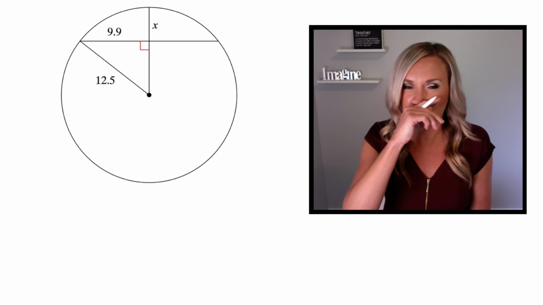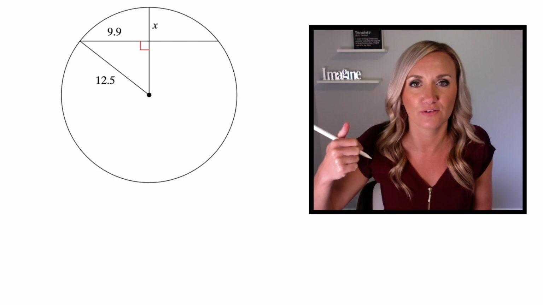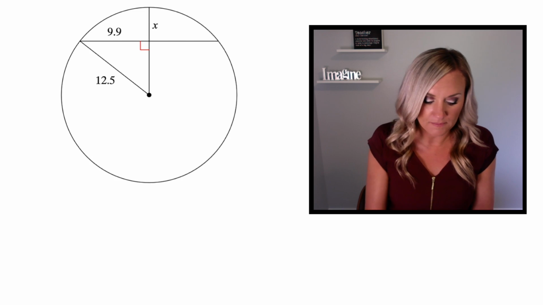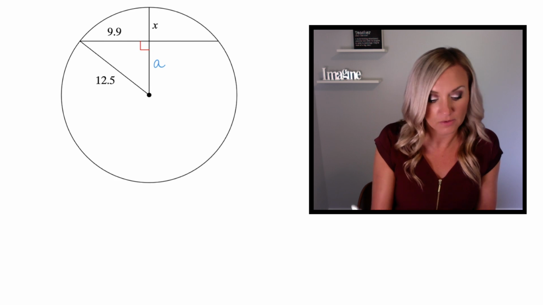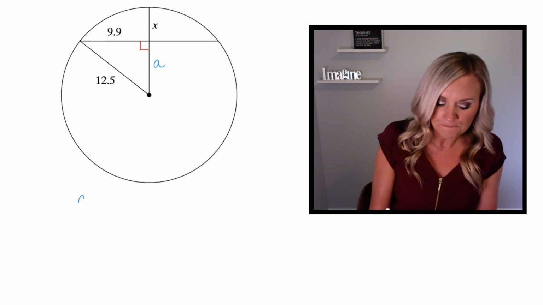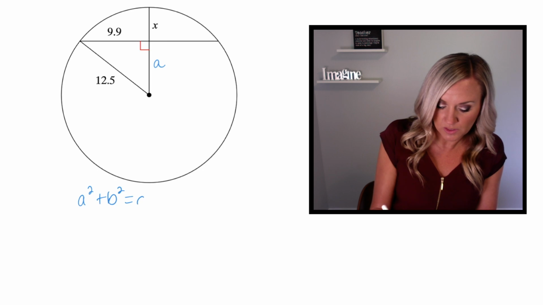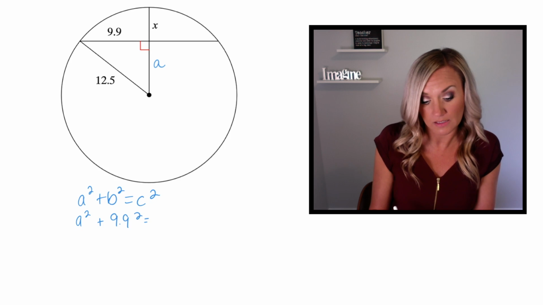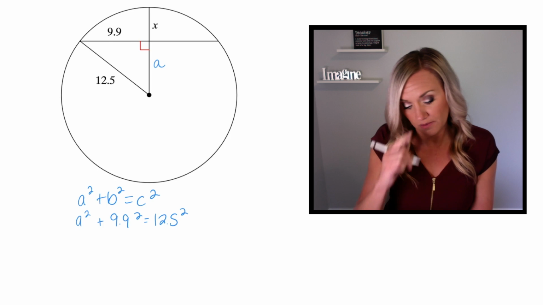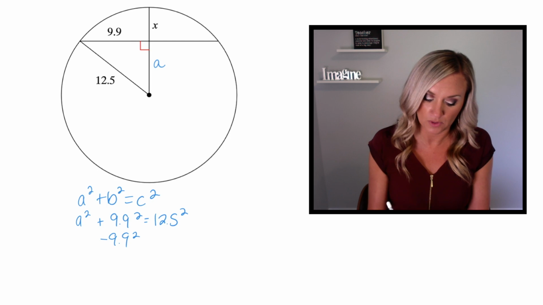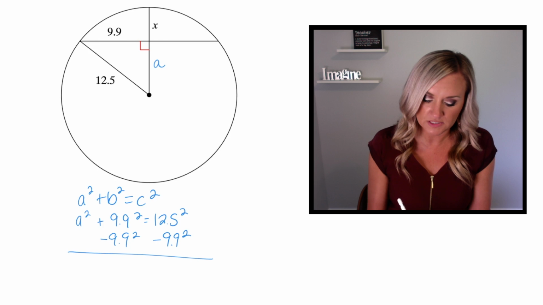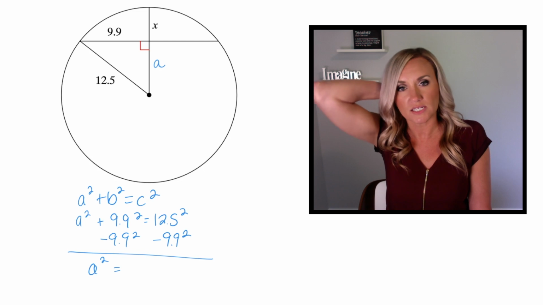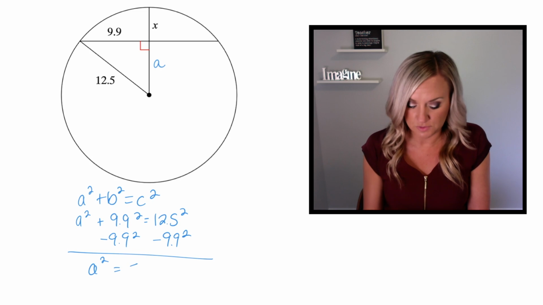In the third problem for today, you didn't have to draw in another radius. It wasn't needed, so hopefully that didn't trip you up, and you could just jump right to the Pythagorean theorem and call that distance A. So we have a squared plus b squared equals c squared, and a squared plus 9.9 squared equals 12.5 squared. Then I'm going to subtract the 9.9 squared to the other side, just because that's how I type it in my calculator. A squared equals, I'll type in 12.5 squared, subtract 9.9 squared,